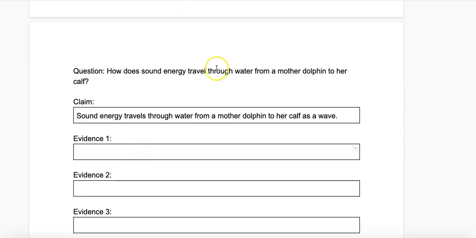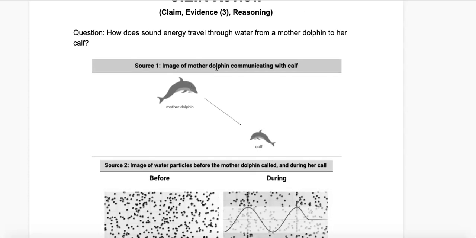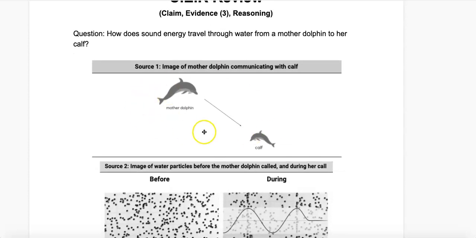So for evidence 1, I'm going to come back up to source 1 and see what evidence I can pull from here. When I think about this image and I think about the mother dolphin communicating to the calf, we know that the mother dolphin is actually the source, right? This is where the sound is coming from. So I can take that and put that in my evidence. I know that the mother dolphin is the source, and I know that she is sending sounds or whistles to the calf, and I know that that is actually happening